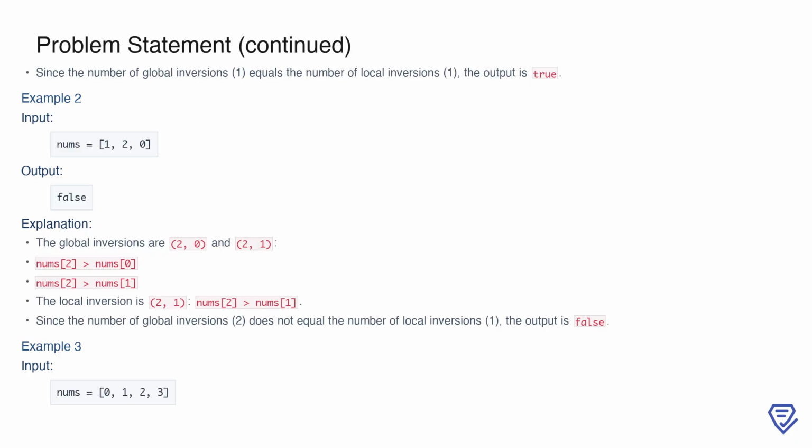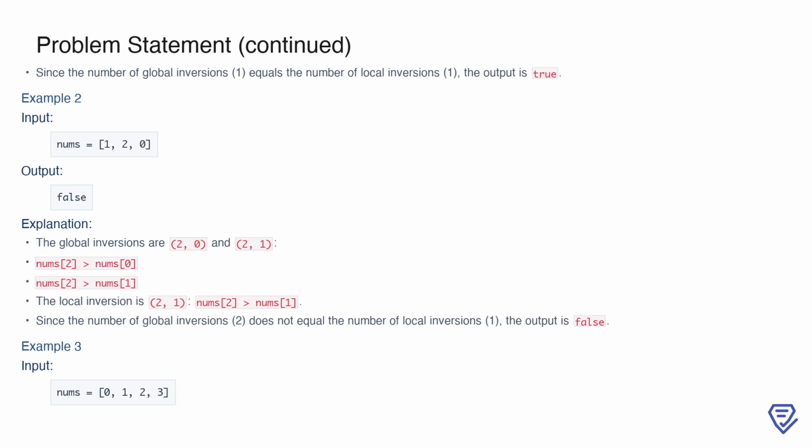Now, consider the input nums equals [1, 2, 0]. Here, the output is false. This is because the global inversions are (2, 0) and (1, 0), where nums[1] > nums[2] and nums[0] > nums[2]. However, there is only one local inversion, (2, 0), where nums[1] > nums[2]. Since the number of global inversions, which is 2, does not equal the number of local inversions, which is 1,